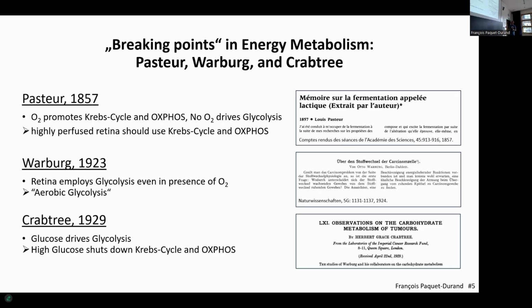Actually, he kind of combined Pasteur and Warburg. And what he found was that when you have a high level of glucose, this drives the metabolism towards glycolysis, regardless of how much oxygen you have. So even if you have a lot of oxygen, if you have lots of glucose, the cells do glycolysis. So high glucose shuts down oxidative phosphorylation for some reason that we still don't understand to this day. Okay,